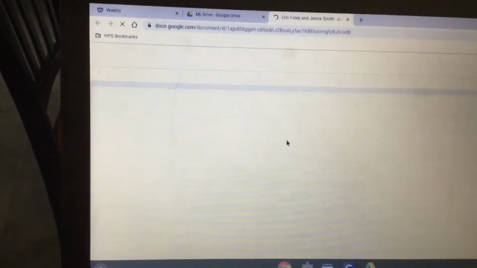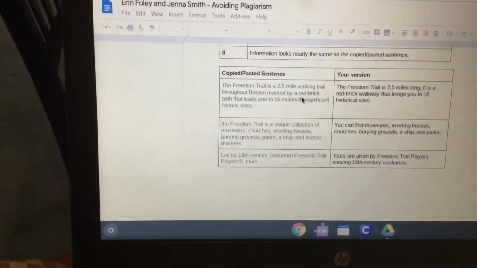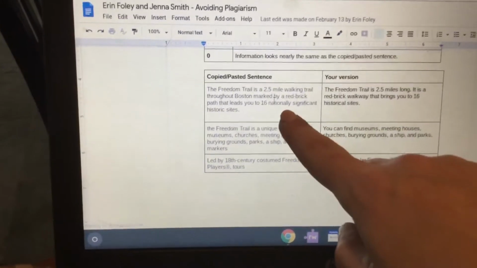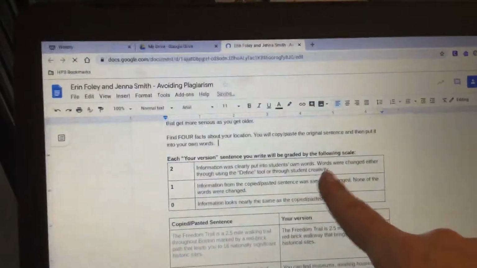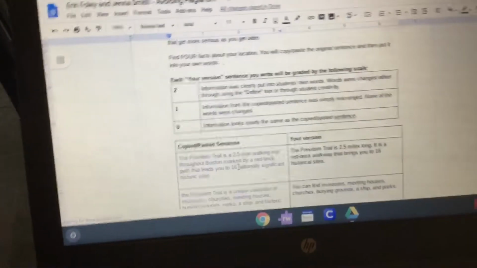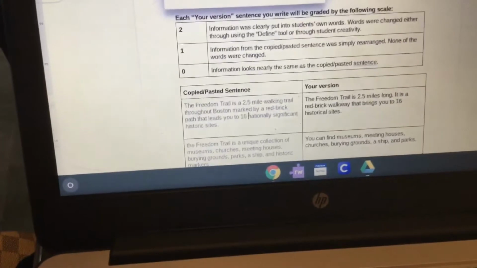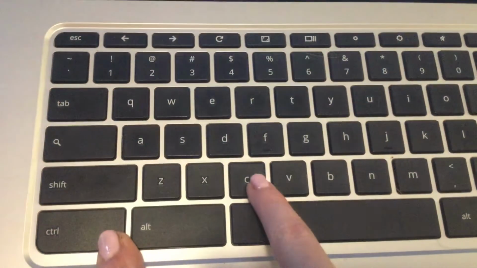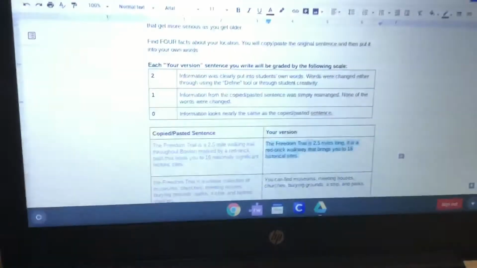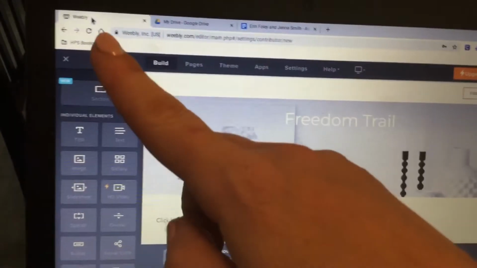Next, you're going to scroll down to where you have your first copied and pasted sentence. You're just going to click anywhere in that space. Then you're going to hit Tab on your keyboard. And what that's going to do is highlight the Your Version sentence. So just to show you right now, I'm going to hit Tab, and it highlights Your Version. So then you're going to hit Control-C on your keyboard,